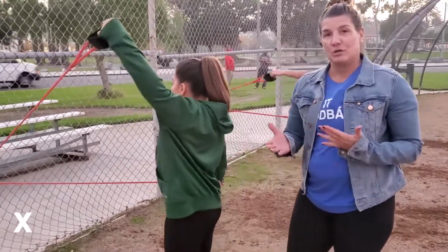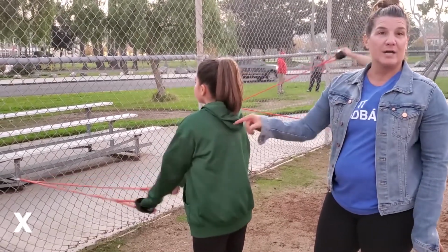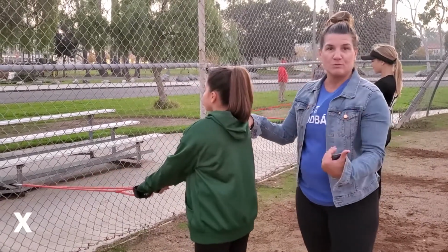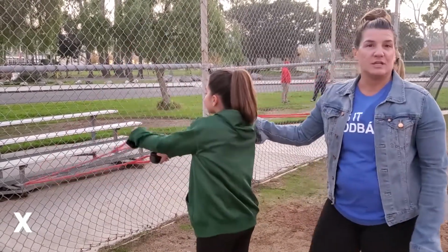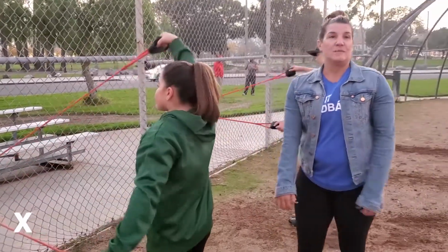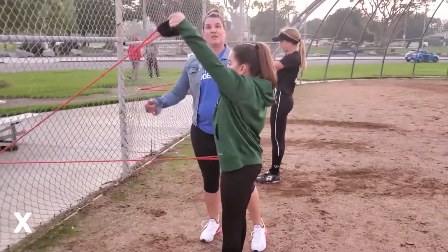A lot of pitchers aren't super aware that a lot of their strength comes from their back area. It initiates here and then moves on to their shoulder. They really just try to muscle through with their shoulder. So this is a great exercise to teach them how to initiate those muscle groups. So basically, the player's just going to make an X. She's going to bring one arm up, bring it up, good. And the other arm back,